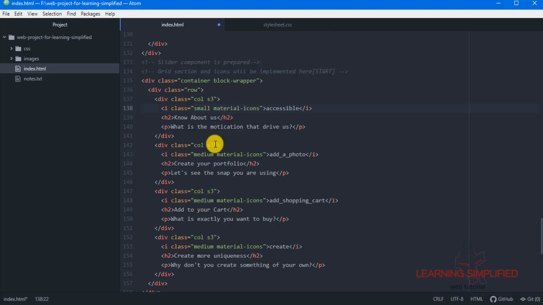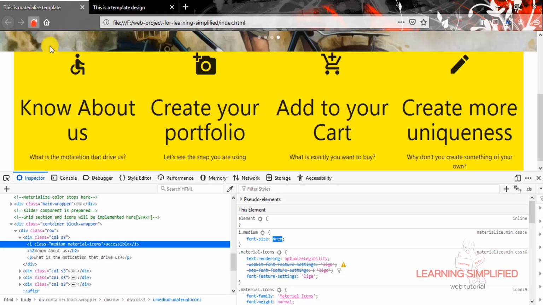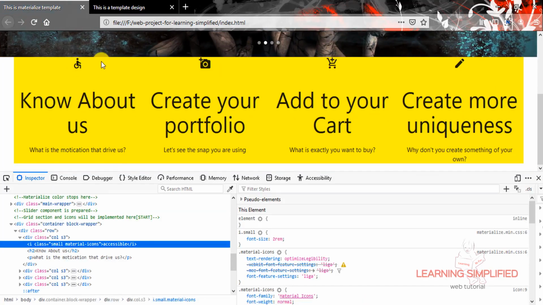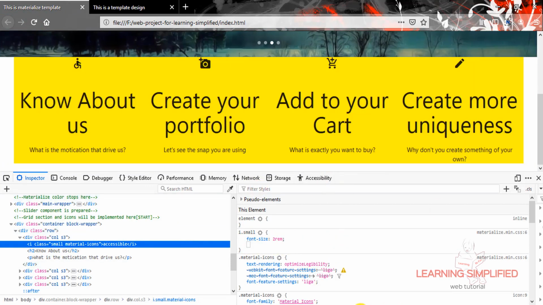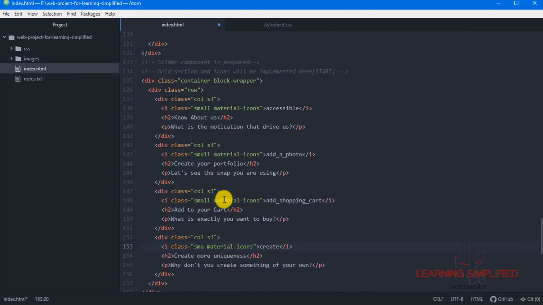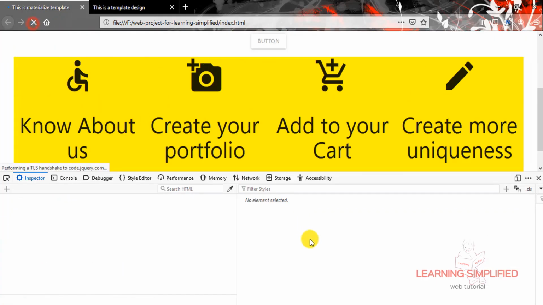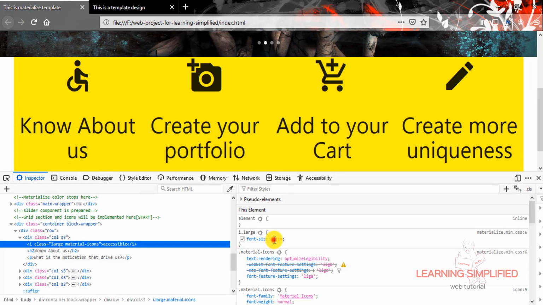For say, let's observe the output, what happens if we use small icons over here. You can see we have changed this class into small. So if we get back to our project and reload, now we can see that we are practically using a font size of 2 REM. There it goes. So let's revert it back to the original size that we are practically using here, the large one. Press Ctrl S, get back to your project and reload, and you can see the font size is now back to 6 REM again.